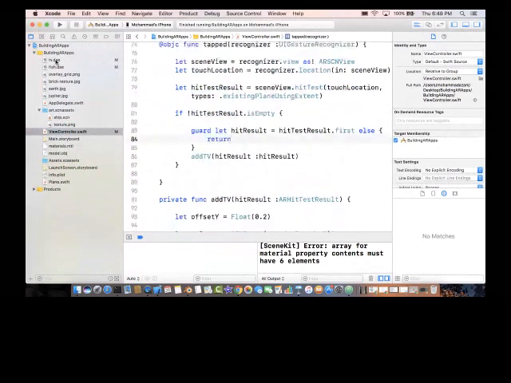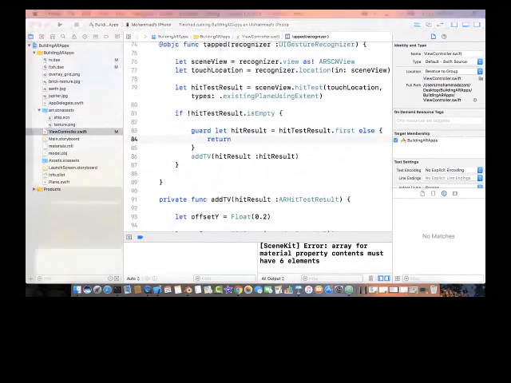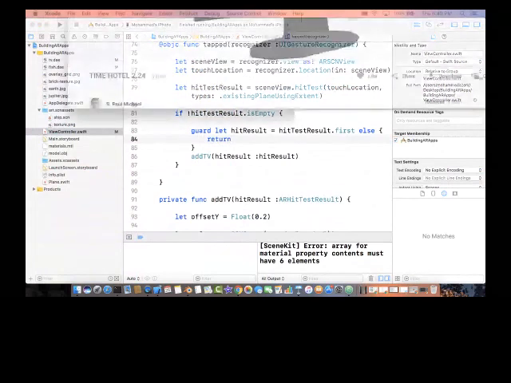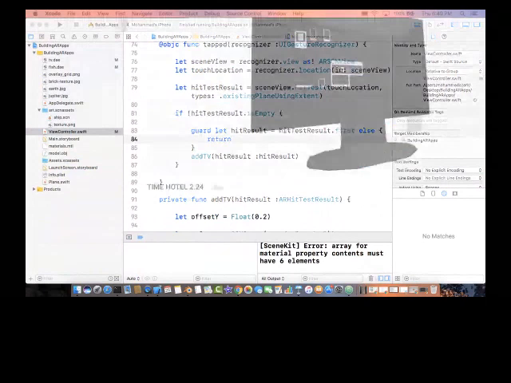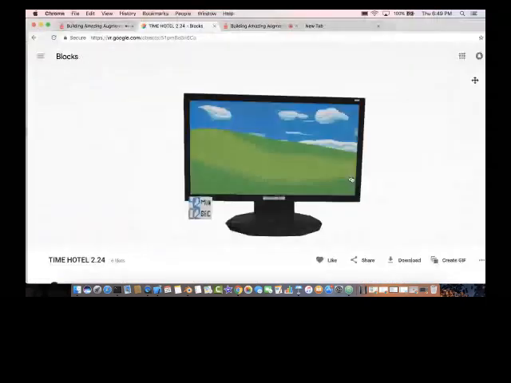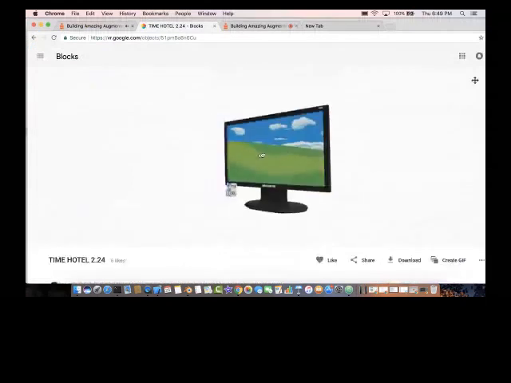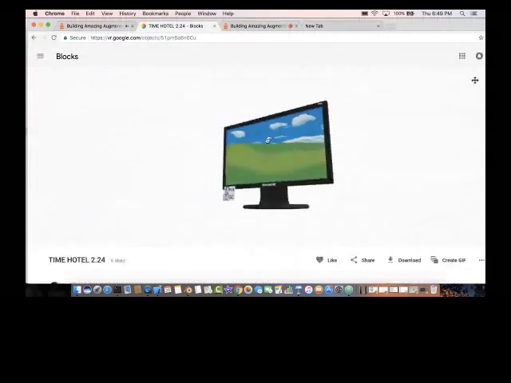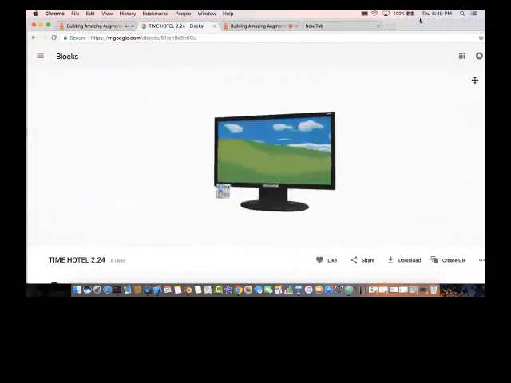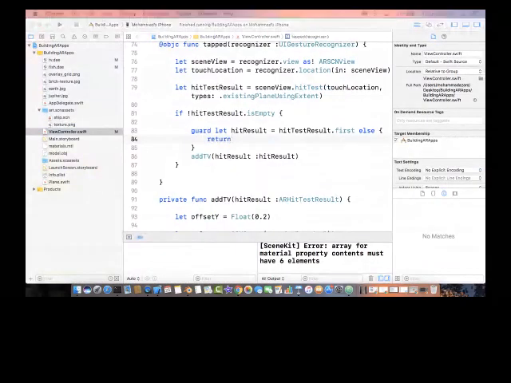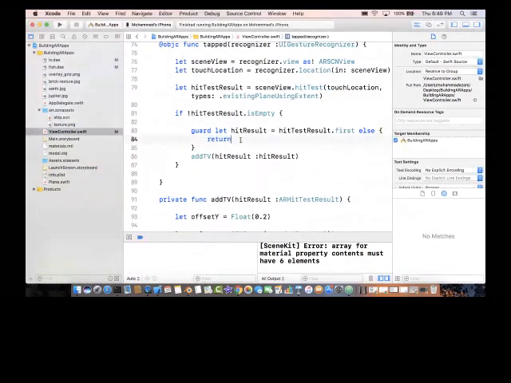Where is that flat screen TV? Well, that flat screen TV, we got it from Google Blocks. And let me actually see if I can show it to you over here. So that is the flat screen TV I'm talking about. It is created by Paul Michael. And this is what it looks like. That's just one model. I mean, you can use any model that you like, obviously. Okay. So let's go ahead and